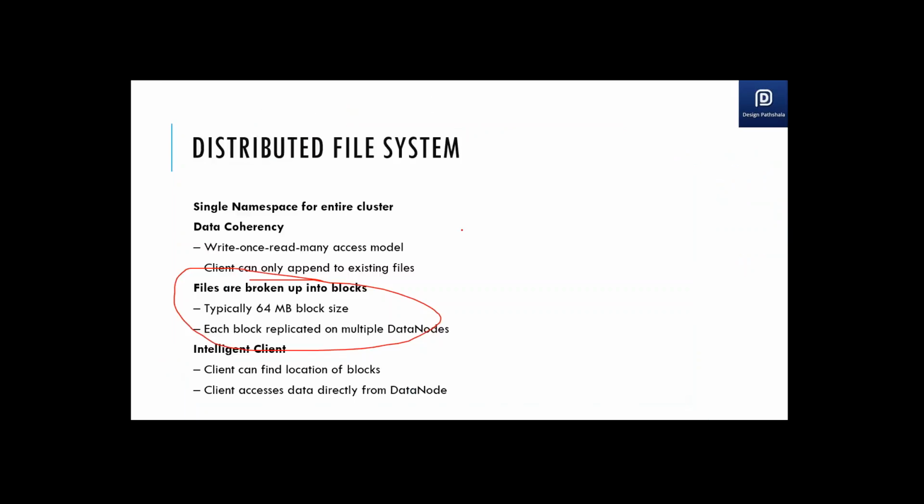So this is what I was saying: a single namespace of the whole cluster. You can interact with the cluster with a single namespace, and you just have to give your file name. Your name node knows where your data is lying, and your data is divided into blocks. So that's the reason I was not saying it's indexed. The name node just knows which block is lying where. So a file has 10 blocks, and these 10 blocks are lying at so and so data nodes. This is the kind of metadata which name nodes contain.